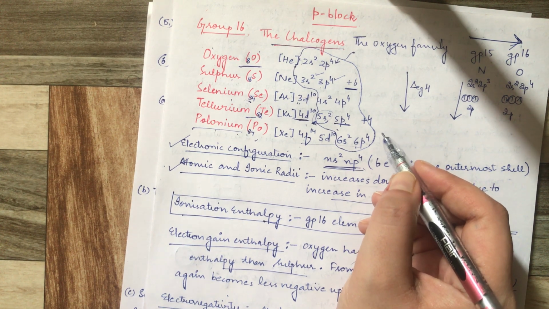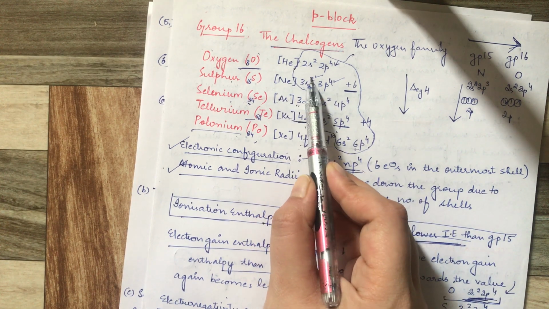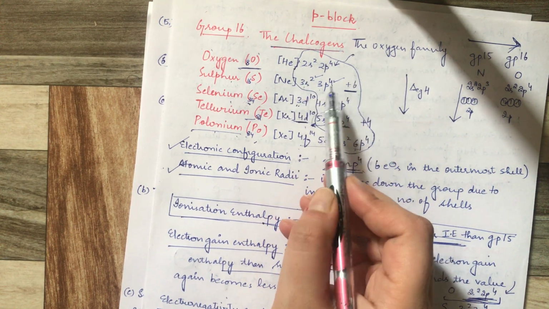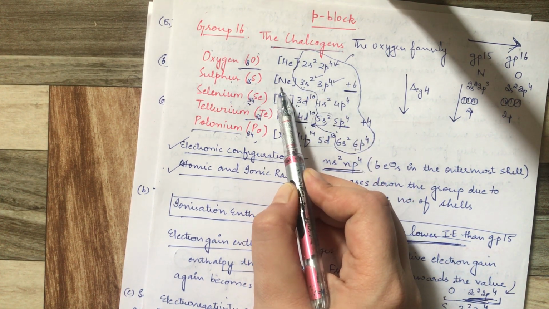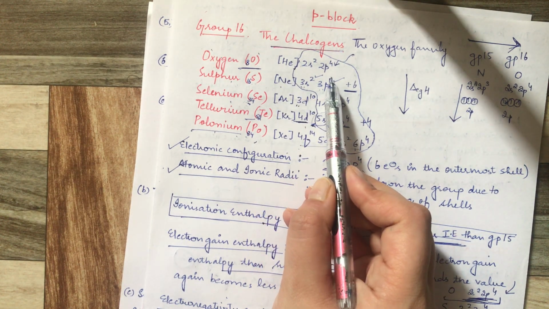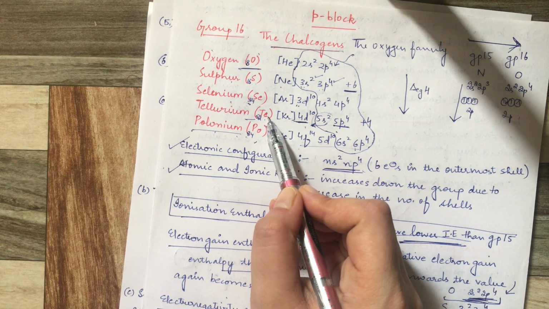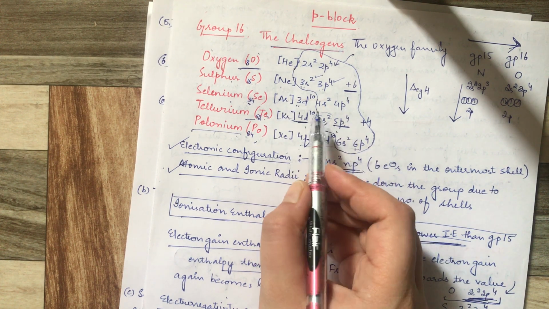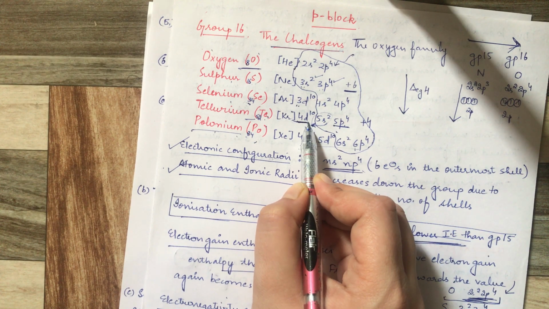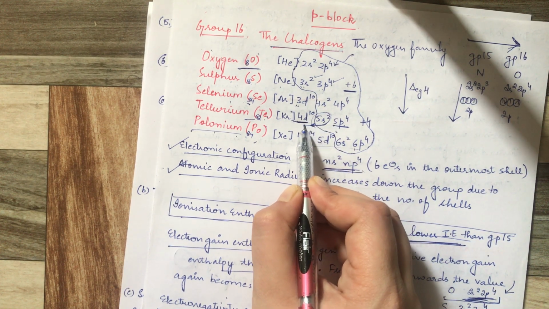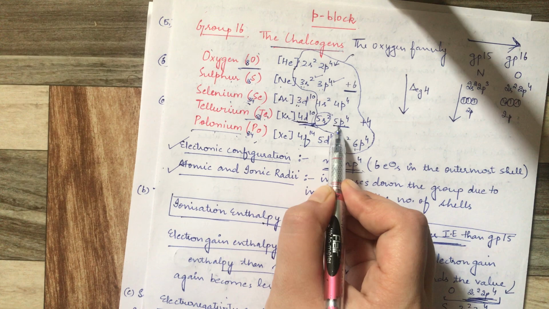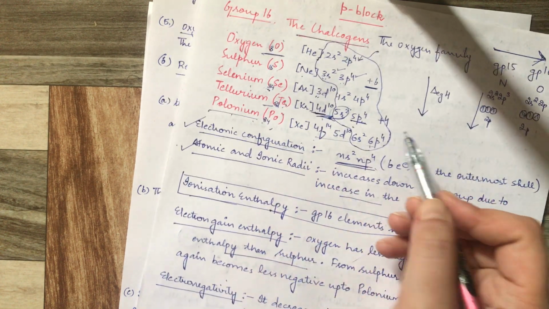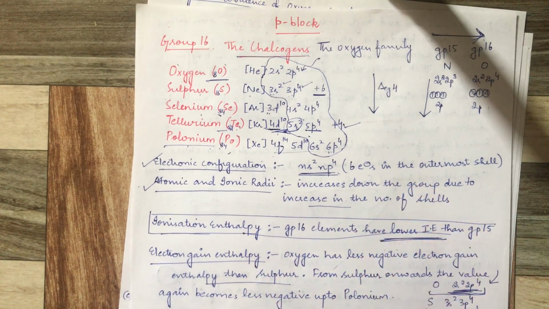So I again repeat: both 3s electrons and all 4 of the 3p electrons are removed from sulfur to attain the noble gas configuration. Hence its +6 oxidation state is stable. Contrary to this, in tellurium the 4d electrons have a poor screening effect, so the s electrons are strongly attracted towards the nucleus and we cannot remove them. So it is only left with the 5p 4 electrons. Hence its stable oxidation state is +4. This is the inert pair effect.